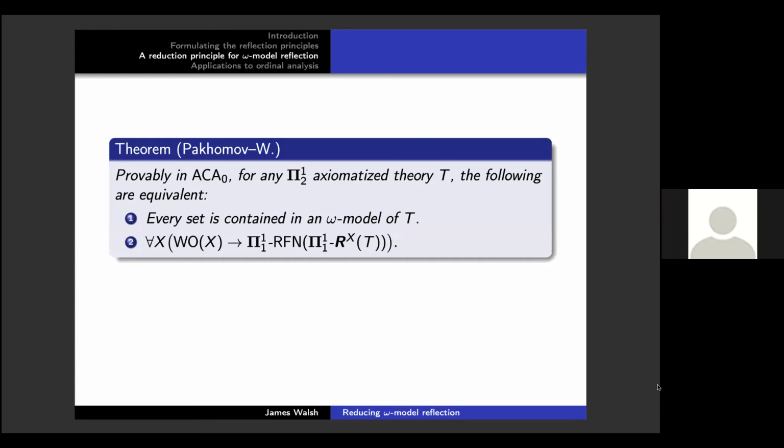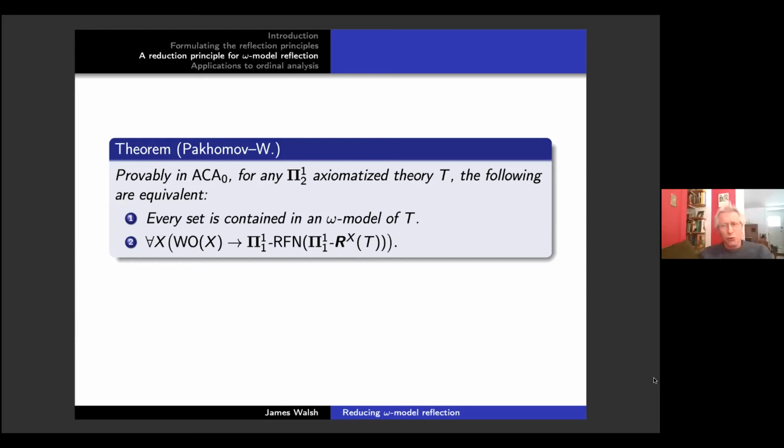Quick question, James. Yes. So you need ACA 0 to do the arithmetization of the language. Is that what ACA 0 is for? Yeah. Even with the lightface language, dealing with the complexity class pi11 requires ACA 0. Just to have a true definition for pi11, you need ACA 0, because otherwise there's an issue with the first order quantifiers. Exactly. You can't Skolemize them that way. You don't get those normal form theorems. Oh, all right, thanks.